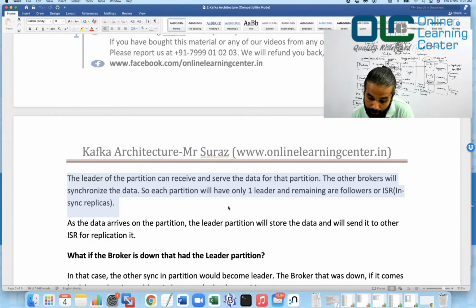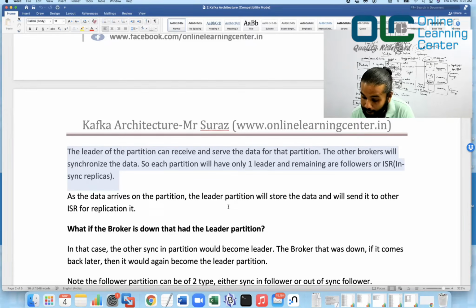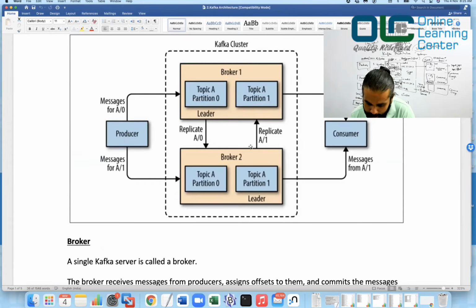The leader of the partition can receive and serve the data for that partition. The other brokers would synchronize the data, so each partition will have only one leader and the remaining are followers, or ISR. That means in-sync replicas. In this example, broker 1, topic A partition 0 is the leader, and broker 2, topic A partition 0 is the follower, which you can also call ISR, an in-sync replica.